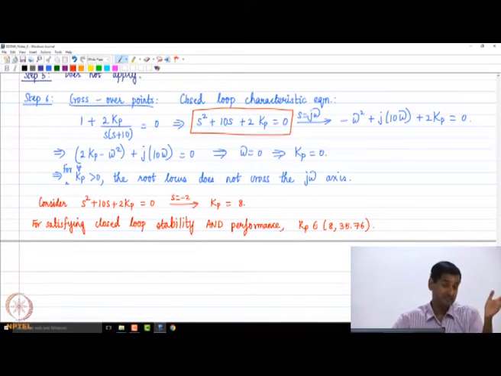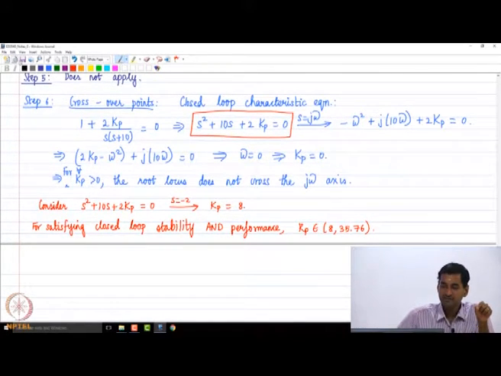Okay. So please note that, initially, Kp was a real number between minus infinity and plus infinity. Stability essentially reduced that region to half, only from 0 to infinity. But that's once again a big region, right? So through this analysis, we have figured out that 0 to infinity will give me closed loop stability, but 8 to 35.6 will give me performance also, the way I desire it, right? So don't you think this is a very useful tool to know?